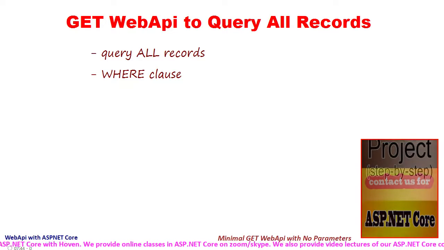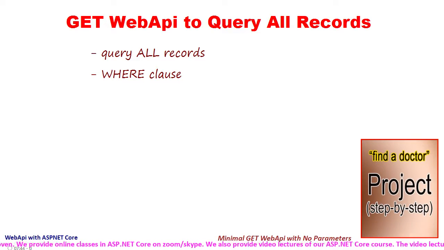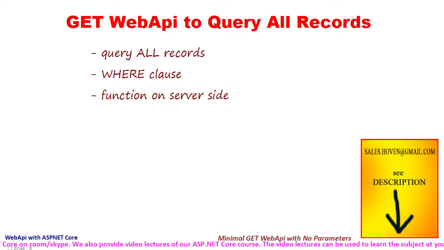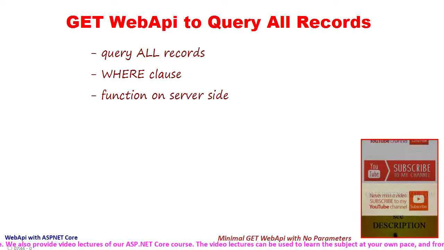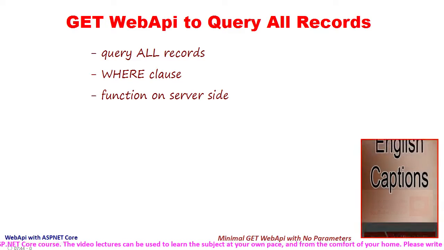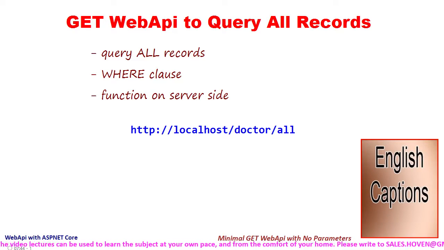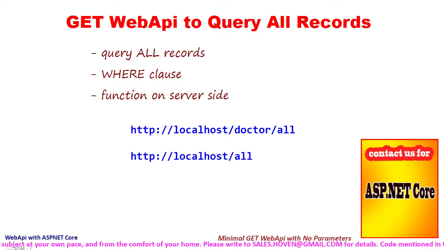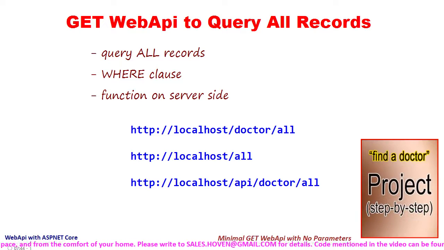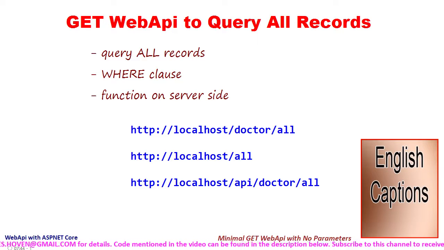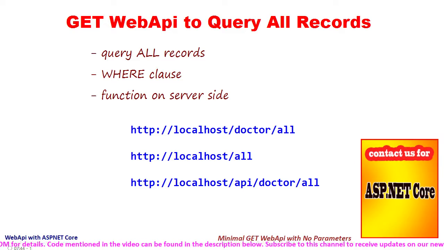As we told in the first tutorial, a web API is just a function on the server side. This function is executed through a URL, and let us decide for this tutorial that the URL would be a readable URL like /doctor/all, and /all would have been equally good. Similarly, /API/doctor/all, that would have been equally good. The point is that we have to decide on a URL that will be bound, that will be connected to